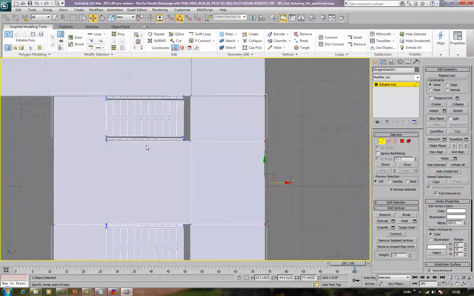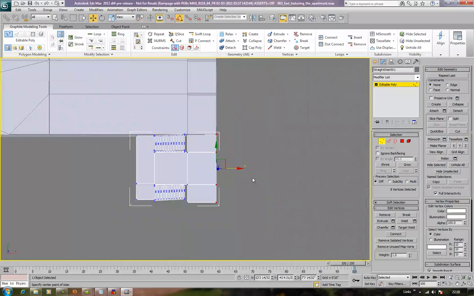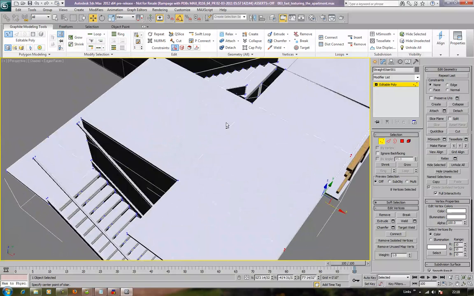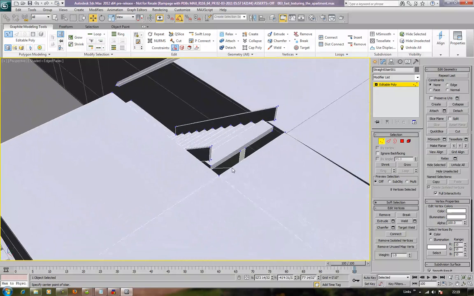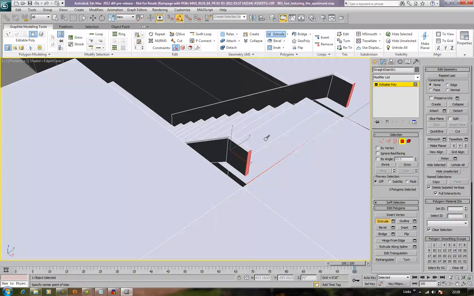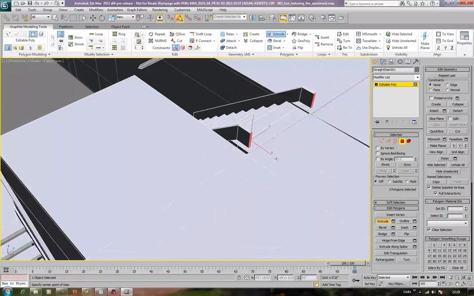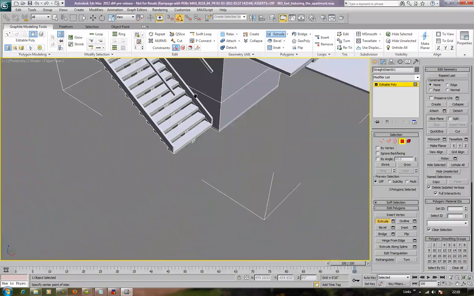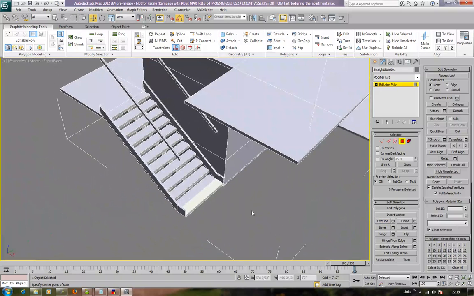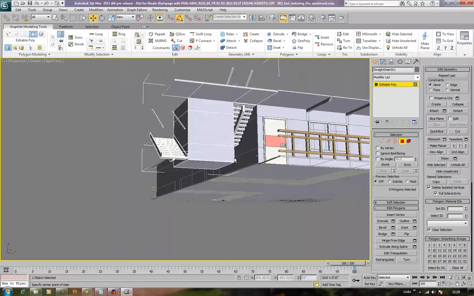Now these parts here, which aren't quite matching up and leaving a rather dangerous mind the gap situation, what we're going to do is just fill these. So grab here, here and here. Just do a quick extrude, and just until it transfers through like that. Now the good thing is that it will remember that width when I do this. And just click OK. So now we have the bottom and the top in place,